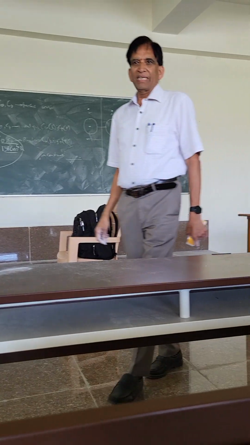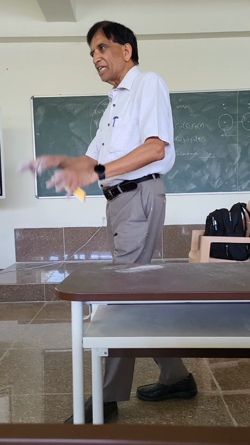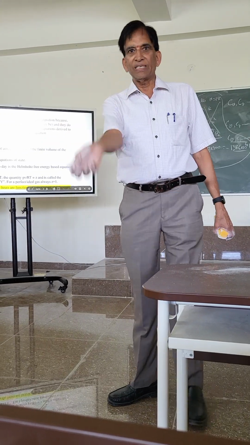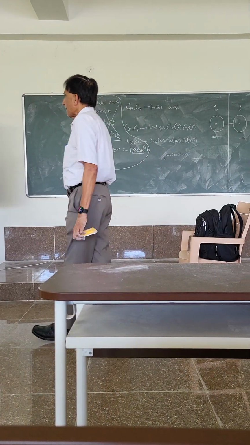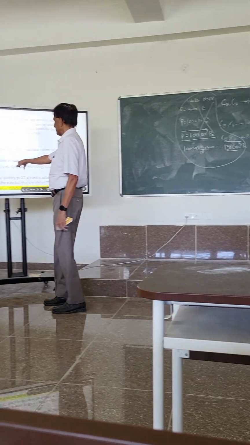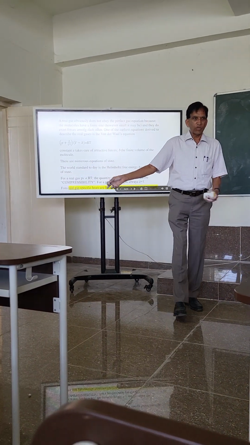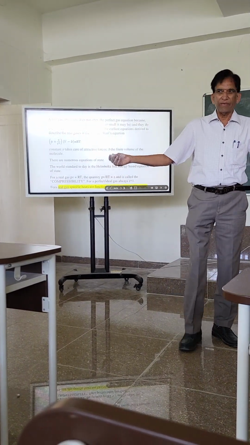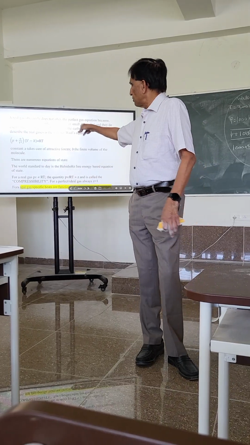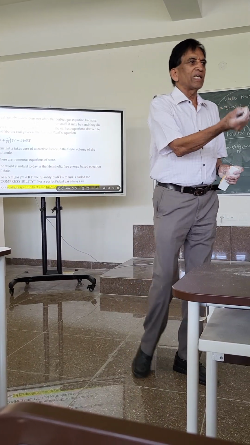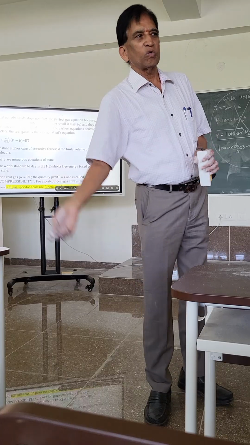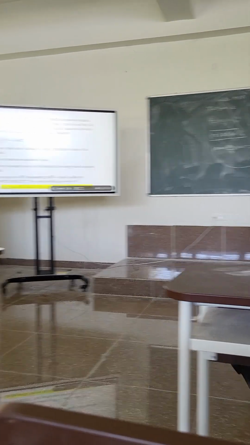Most of the equations of state that are used all over by chemical engineers are cubic equations of state. There are numerous equations of state now available: Van der Waals, Redlich-Kwong, Soave. Everyone, the moment you know how to take care of it, each one gives a little bit of it and gives a name of his own. There are so many equations of state.